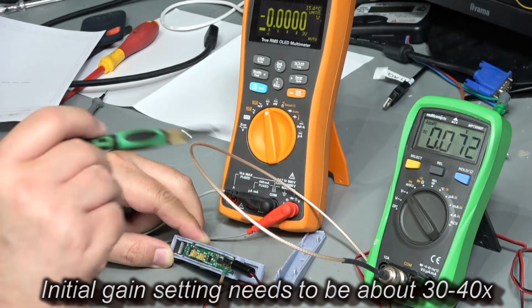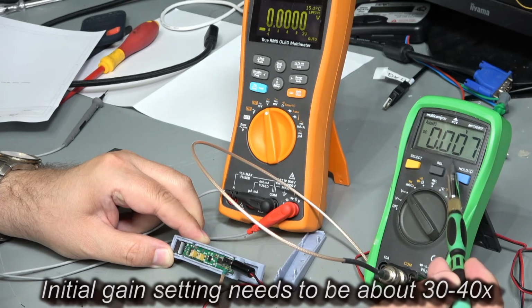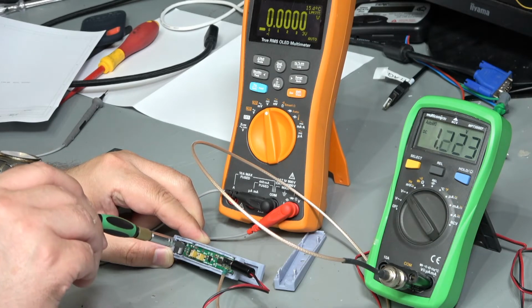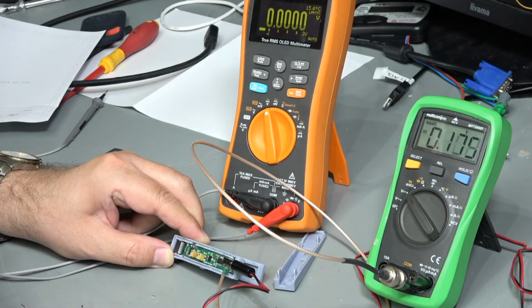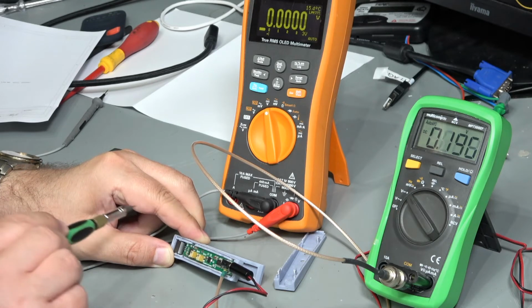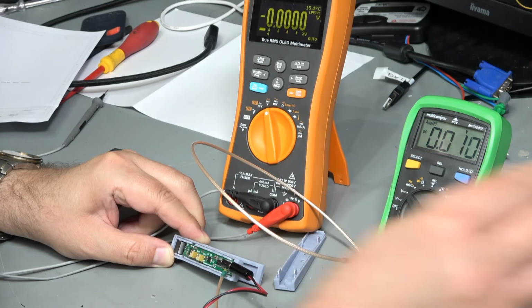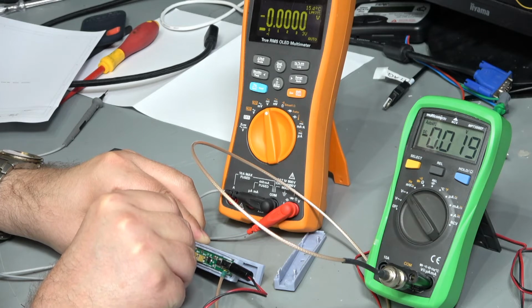So you can see we've got some voltage on the meter here. This one's connected to the output. There's a little bit of voltage going on there. Now if I turn the gain anti-clockwise, that is going to move quite a lot. Now unfortunately this is clearly magnetic and affecting things quite a lot. Okay, it looks like the tip isn't, so that's